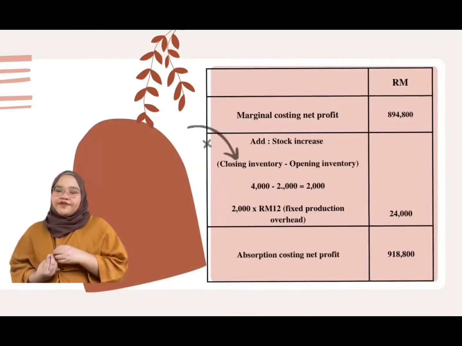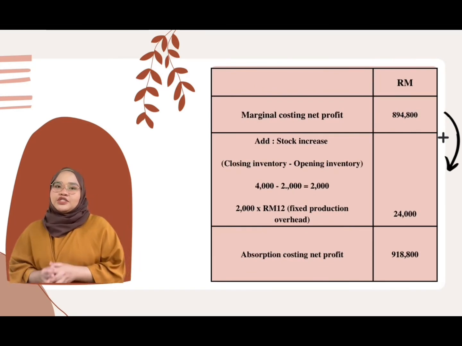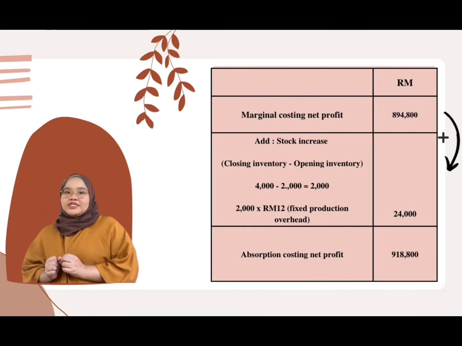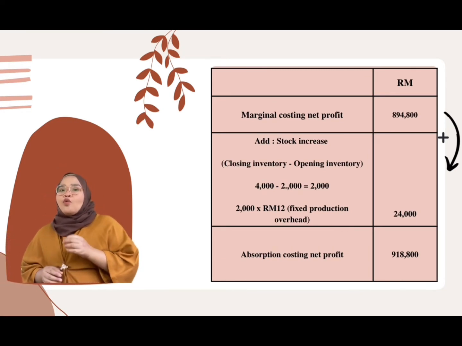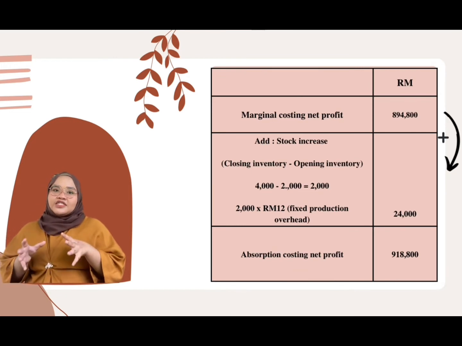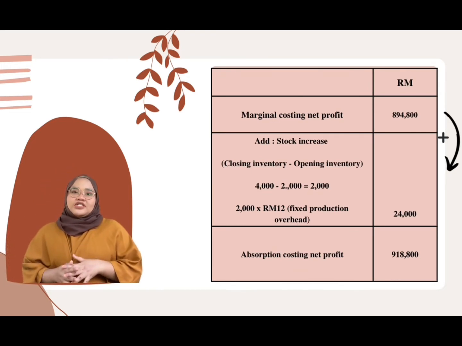To show the difference of net profit under the marginal and absorption costing approaches, what we need to do is to know the marginal costing net profit. So, where do we get this figure? This figure comes from the marginal income statement, which is the net profit. After that,